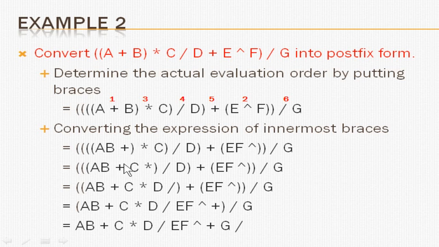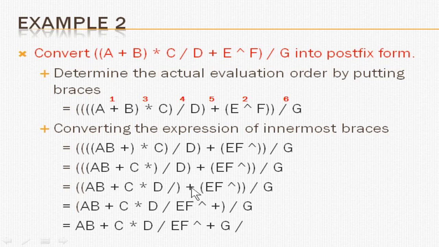And then come to the outer bracket. So this a b plus becomes the first operand, then asterisk is the operator and c is the second operand. So 1, 2 and then the operator. So this will be combined. So a b plus c, then asterisk. Okay, I already told you to assume this as a and this as b. So here you got a asterisk b. So it becomes a b asterisk. Okay, so that's why you got it. Now you got this as a and then slash b. So a b slash. So you can see that it has been converted. Okay.